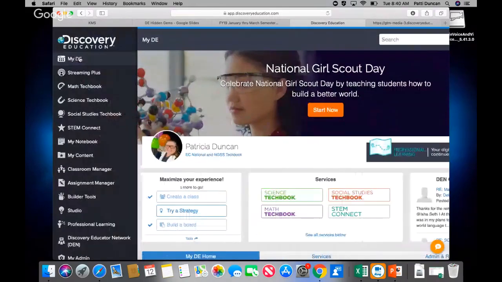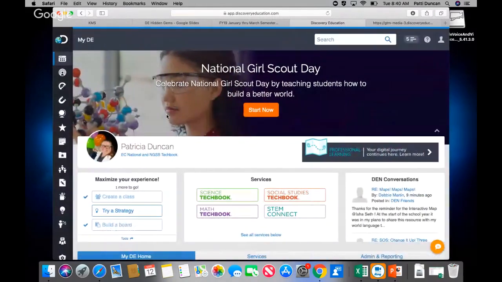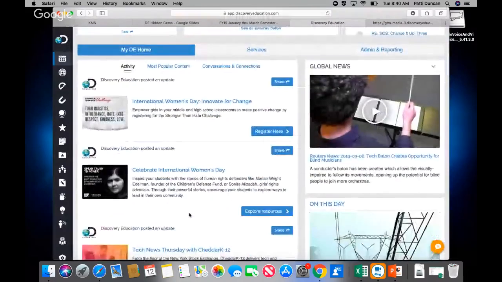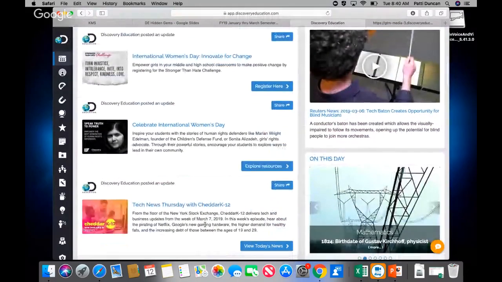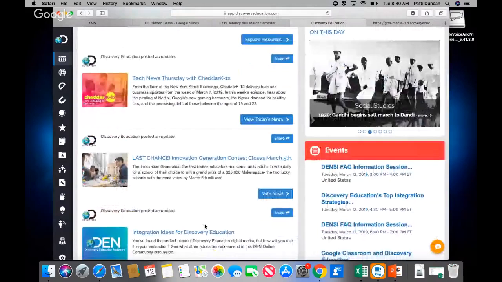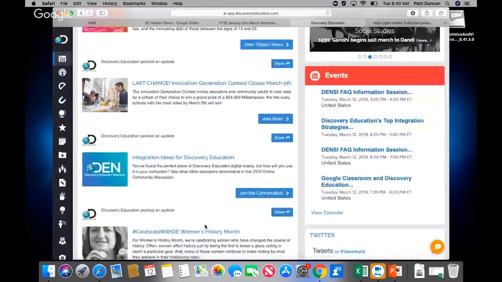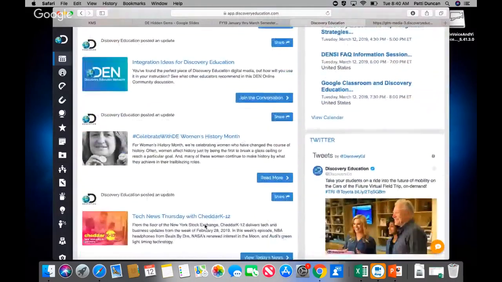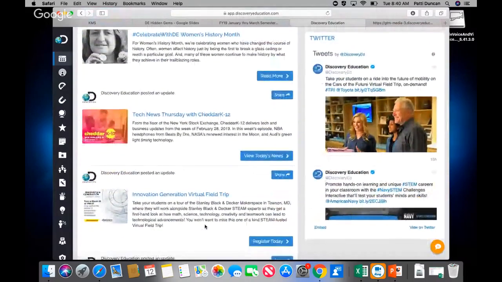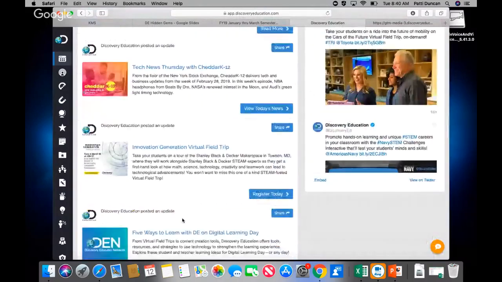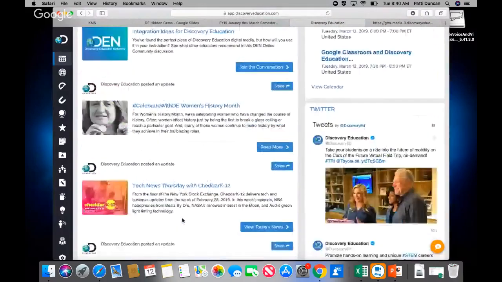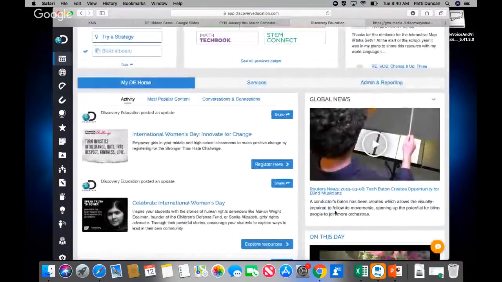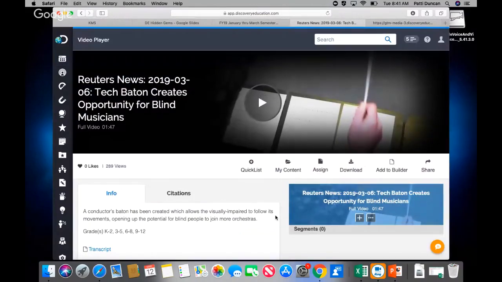So over here on the left, if you've not been in a while, your navigation's on the left now, and you're going to get the Cheddar daily pushed here to you. Or actually, I think it's weekly, not daily. I'm sorry, I'm thinking of something else. And then additional resources as we scroll down. So just make sure that you check out all of the different things in this feed, as well as the global news, right? Because the global news, again, is going to be current events, weekly updates of something important that's going on in the world.